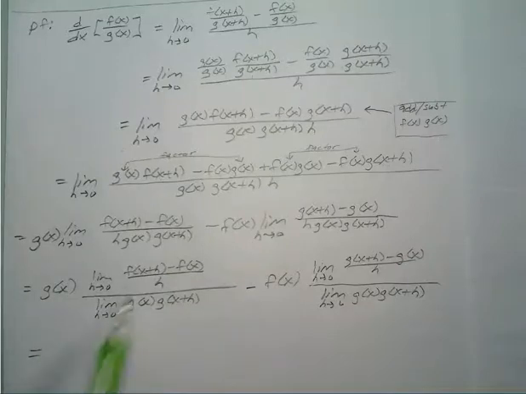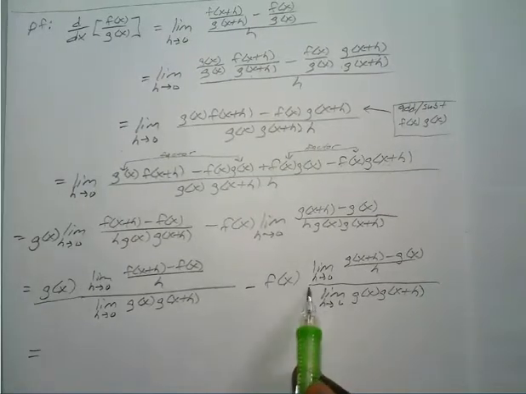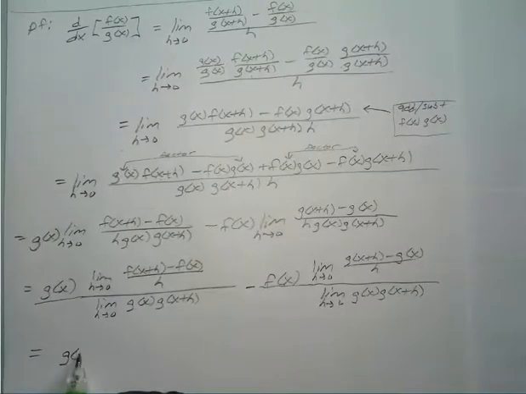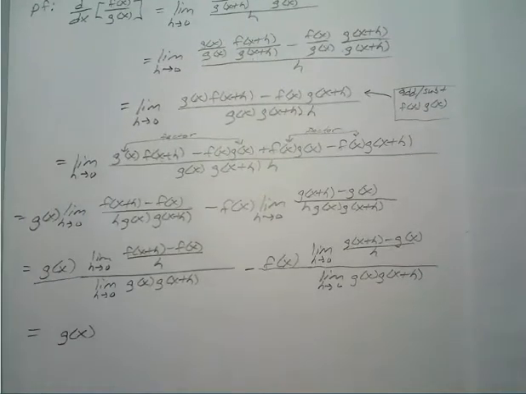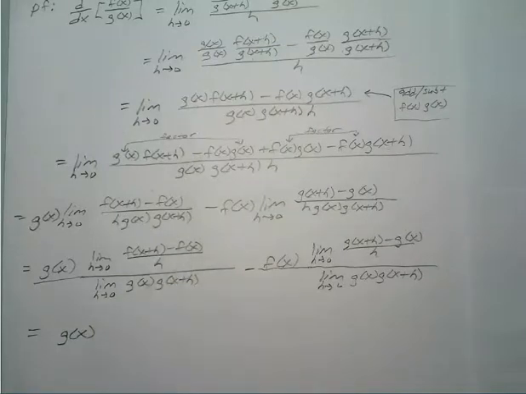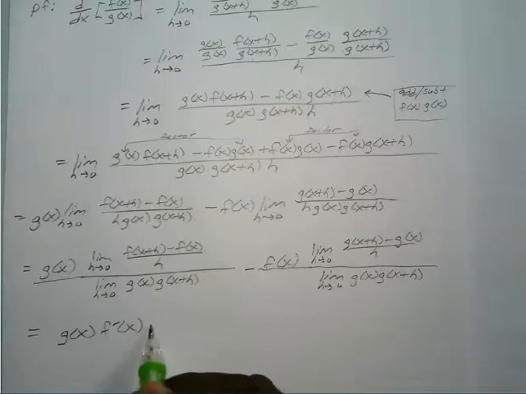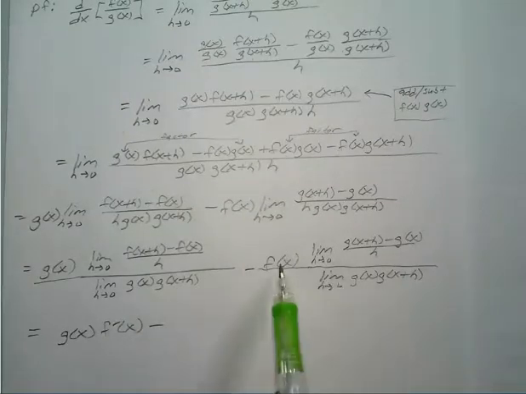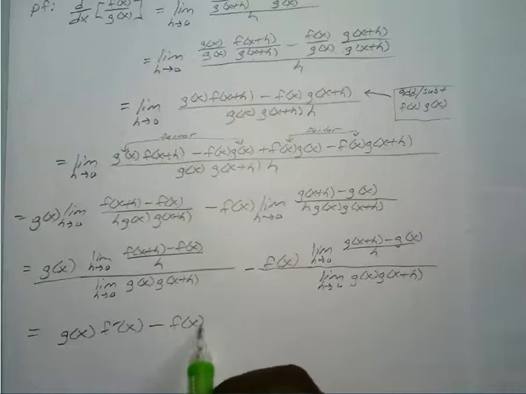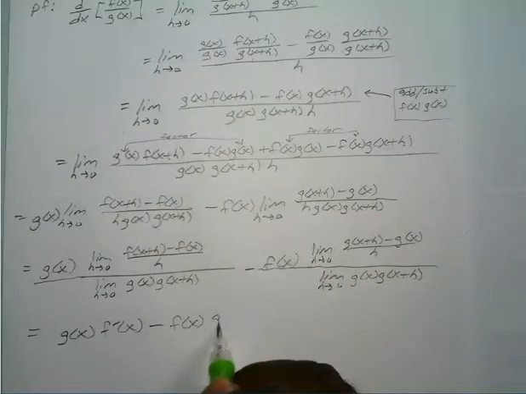Alright, so now we're going to look at each individual term. And actually, if you want, you can put that g of x up top instead of out front. It'll still work, make things a little easier. Okay, so we have g of x, the limit of f of x plus h minus f of x over h. That's just your f prime of x. Minus f of x, and this is just your definition of g prime of x,